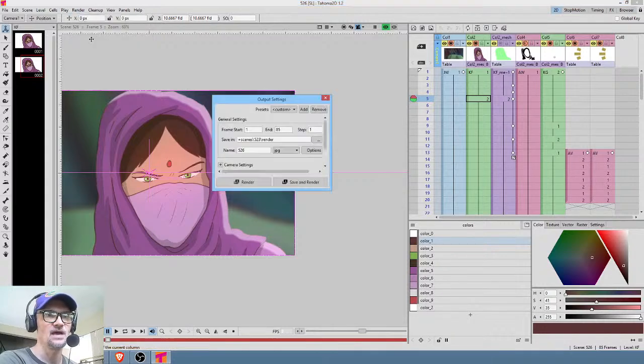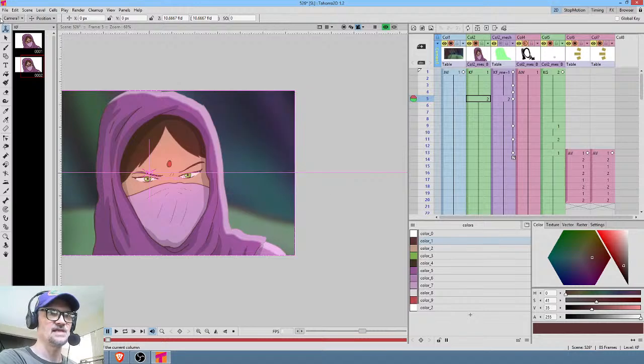Okay, so I want to change my output settings, so we're also going to folder number 526. All right, that's that. So now she has a line of dialogue where she says, I'm